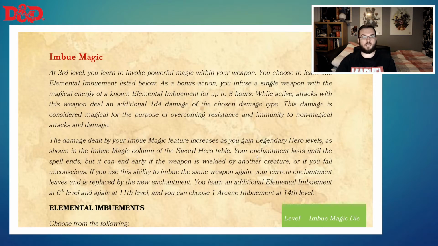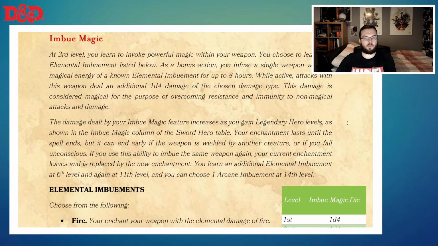And damage dealt by Imbue Magic increases as you gain legendary hero levels. I can't remember what else. Oh, there we go. As shown in the Imbue Magic column of the sword hero table. Your enchantment lasts until the spell ends, but can only end early if the weapon is wielded by another creature or if you fall unconscious. If you use this ability to imbue the same weapon again, your current enchantment leaves and is replaced by the